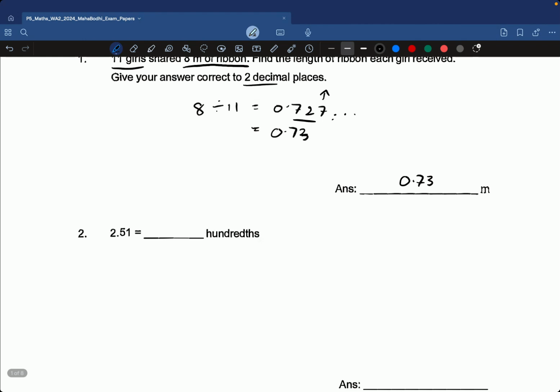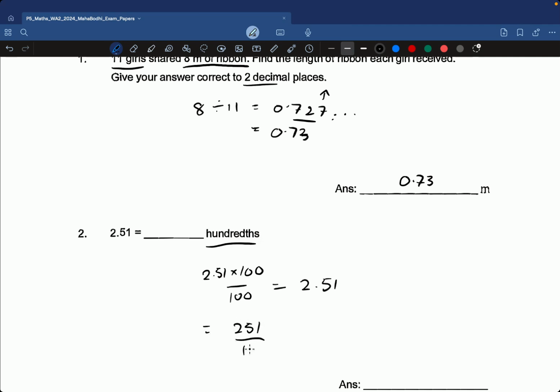How many hundredths? So a hundredth is 1 over 100. Okay, so how do we get this 2.51? What number will give us 2.51? That's the simplest way to do it. In essence, we can just multiply by the zeros. So you can have 2.51 times 100, and this will give you